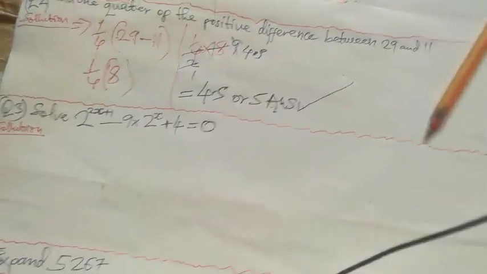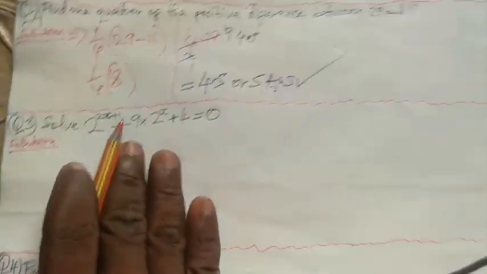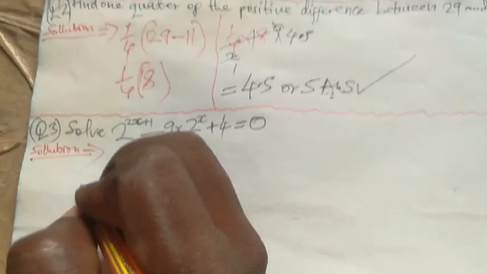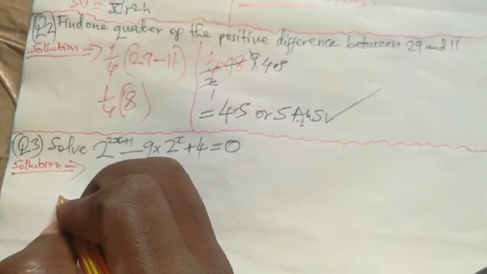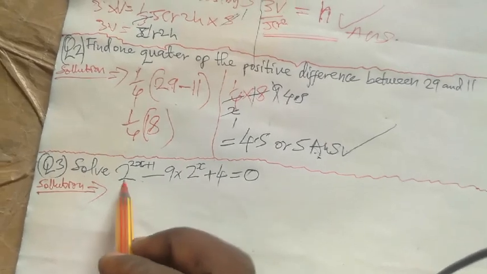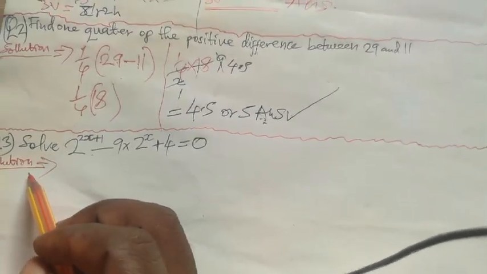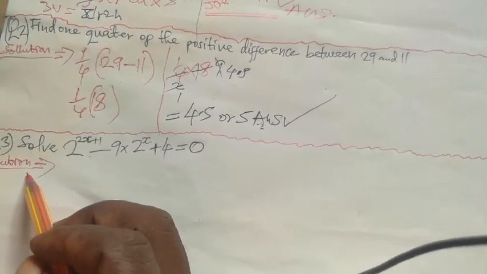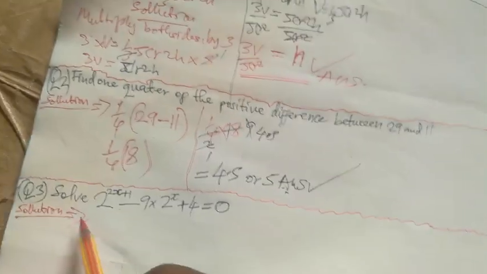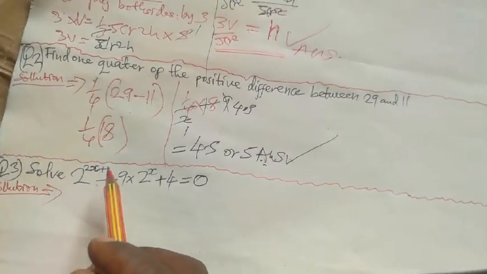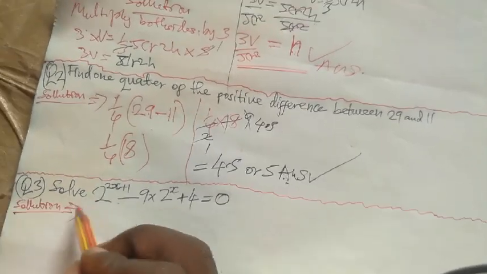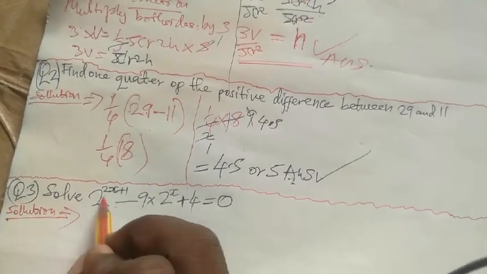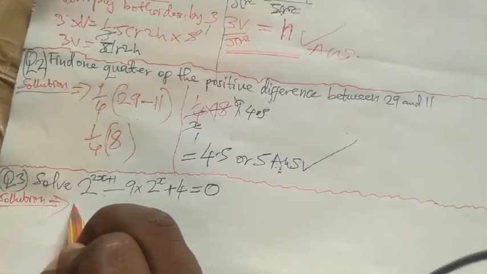Question number 3. Now for question number 3, solution: we are going to consider one of the rules. We are going to consider the laws of indices that state that